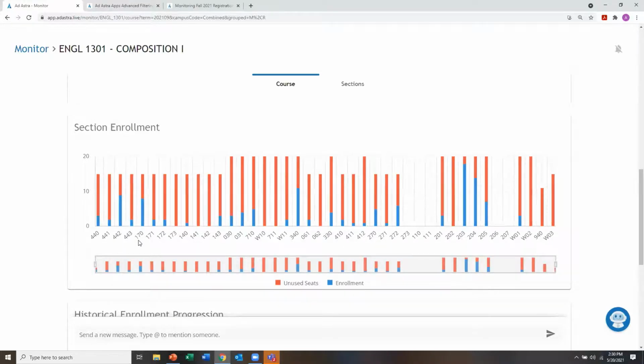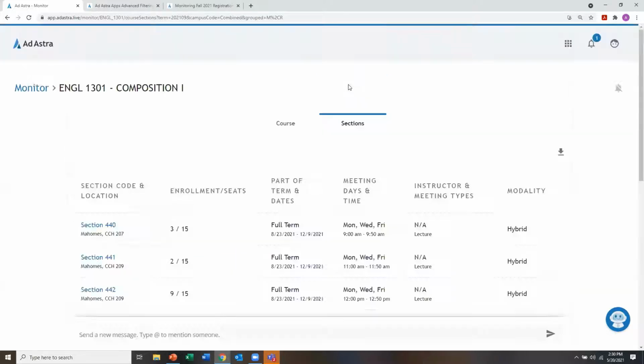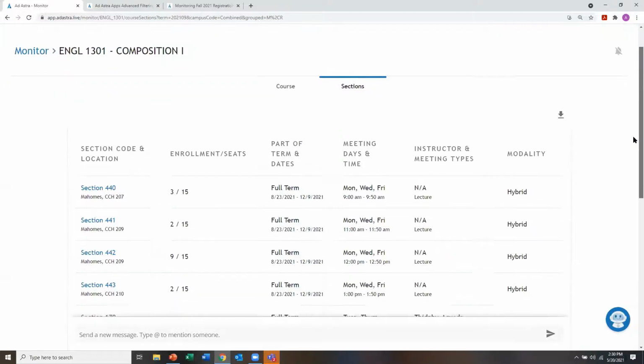So if you're thinking, I'm not really sure what 170 means or what that correlates to at my institution, when you're at this section screen, I always find it best to jump over here. There's a little tab right next to the courses, and we can click on that. And that's going to give you everything, hopefully, that you want to see, and maybe even more around the individual